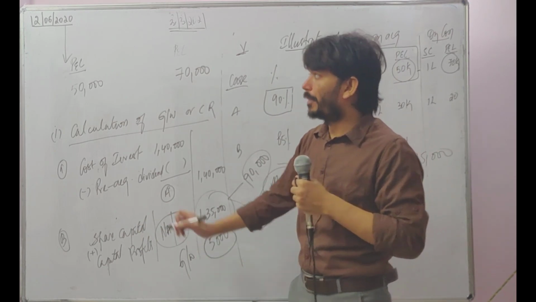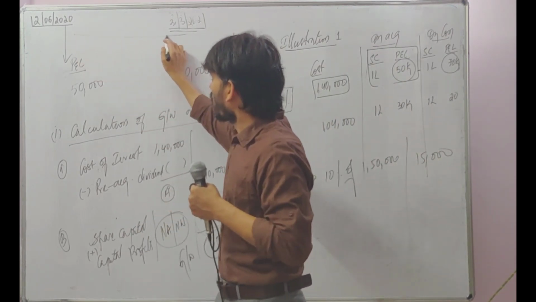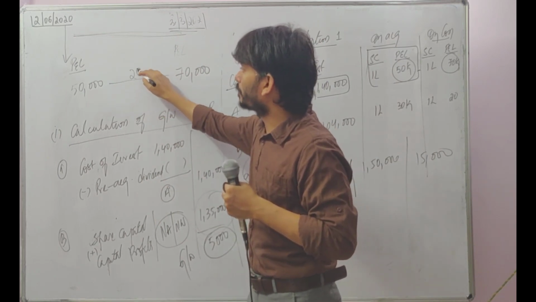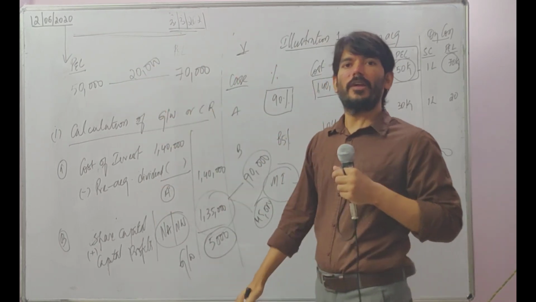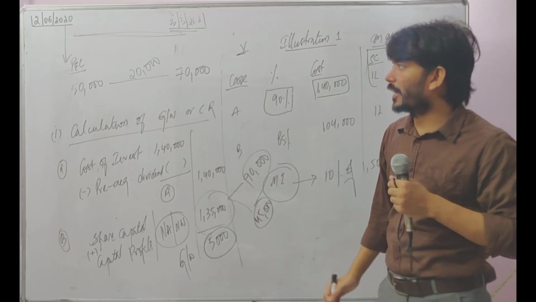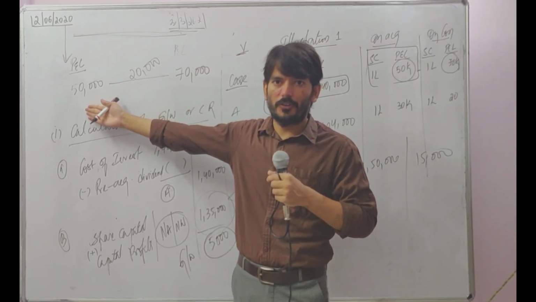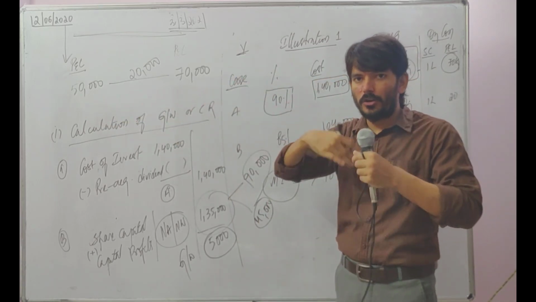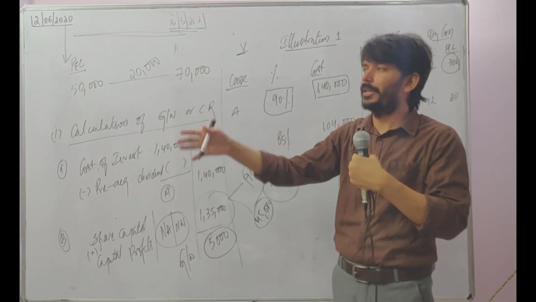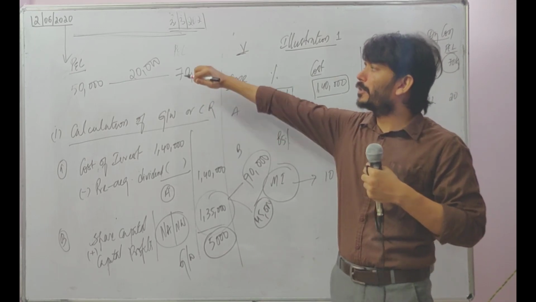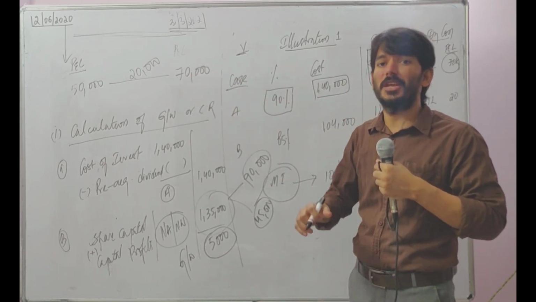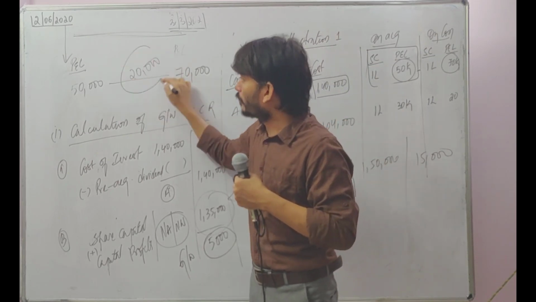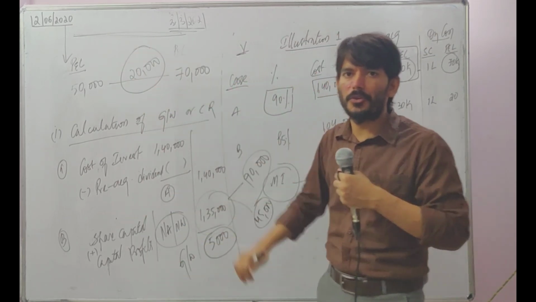Getting it? But after the date of acquisition, the company has earned 20,000 rupees as a profit. Nowhere in the question has he said how, but understand, on the date of acquisition, there is a P&L of 50,000. On the date of consolidation, the P&L is showing 70,000, which implies that there is an increase of profit of 20,000. Out of this 20,000, can you take it into your P&L?